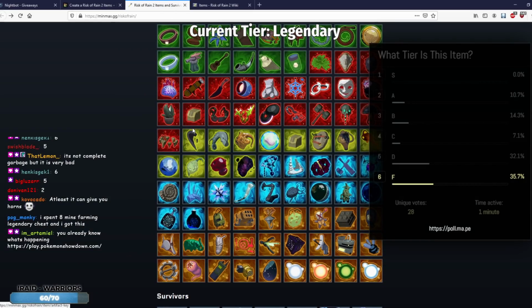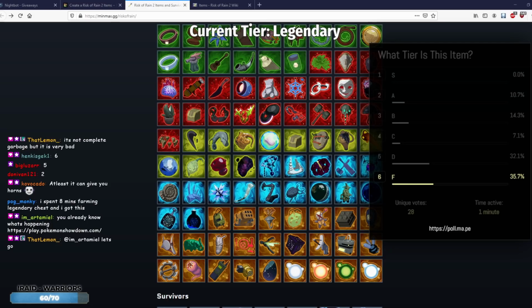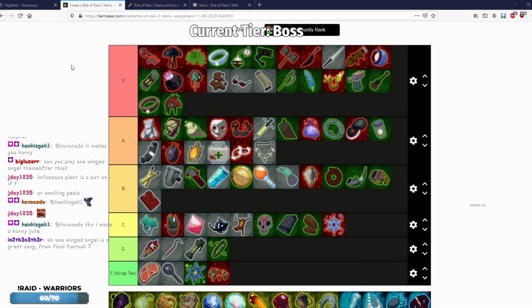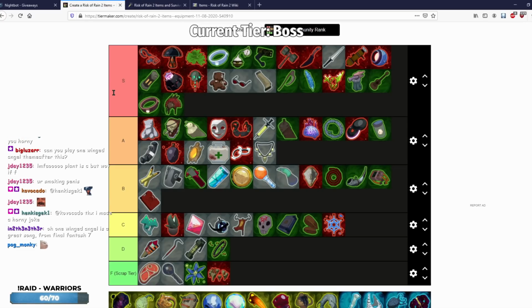Alright, we're finally to boss items. Wow, we made it, Twitch chat. We're finally moving on up to the next tier. So boss items. Let's look at the list while I change this. Okay, so let's look at the list so far. Now that we're about to move on to boss items, let's take a mental image of what's going on right